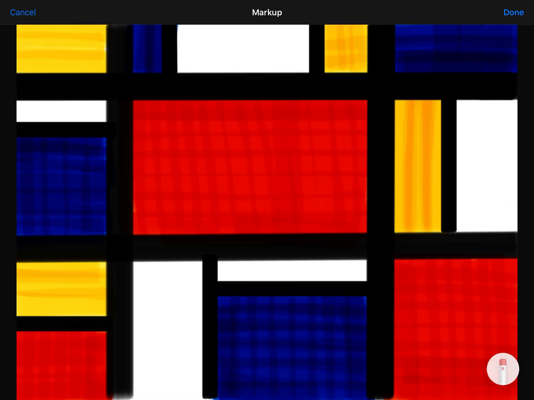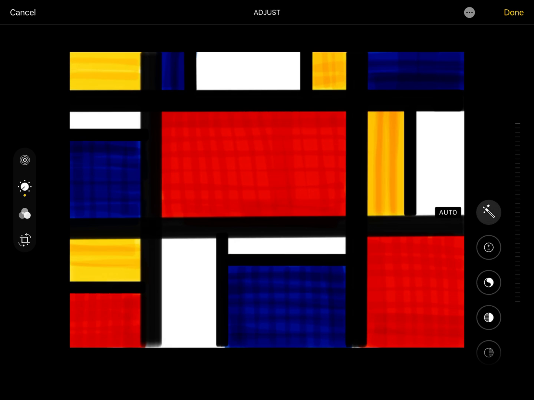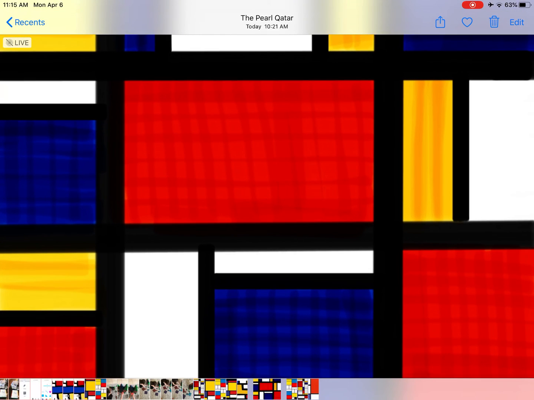Once you think that you are ready, you can press the done button, which will save your work, and then you can press done one more time, and then you will be able to see your work in its full glory on your iPad. I would then like you to submit that work to me, please, on Seesaw or PowerSchool Learning, and I can give you some